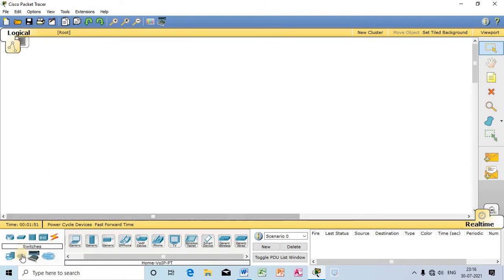For a peer-to-peer connection, we need two computers. So we'll get computer under the category of end devices. First I will click on the end devices tab, then a list of end devices appears in front of me. I will select either computer or laptop. I will work with computer, so I will drag and drop a computer over here. I will drag another computer. So I have selected two computers.